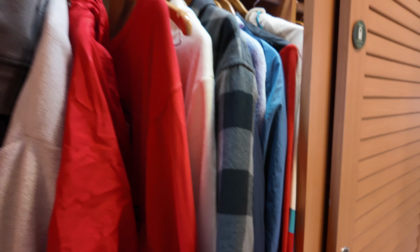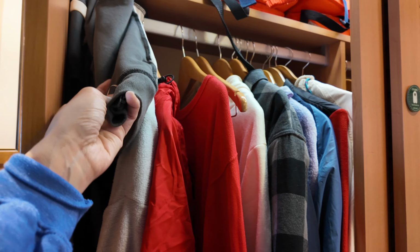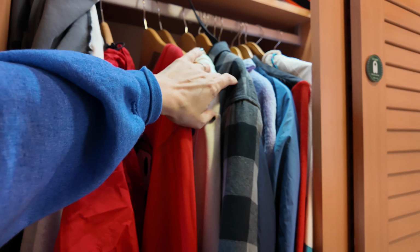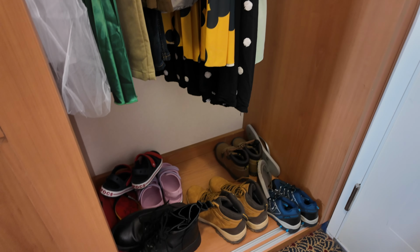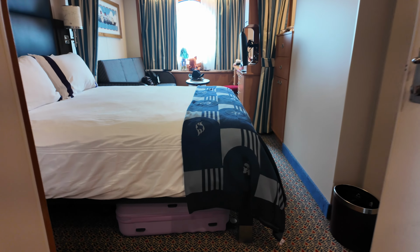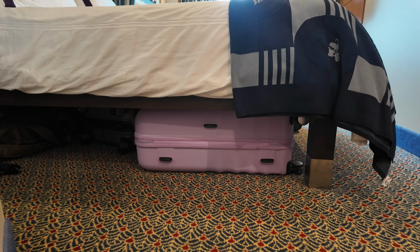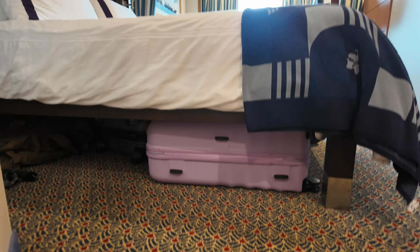And then the closet, oh geez. I've got all of our coats and jackets on this side. That stresses me out. I didn't know it was like that. That's my husband's. I've got that over there. And then I just put organizers we weren't using and backpacks, kind of the other nicer stuff that we have. I hung up this side, and then we're keeping our shoes on the bottom. Our luggage, we were able to store all of it underneath the bed, which is nice. We brought, I think, a total of 6,